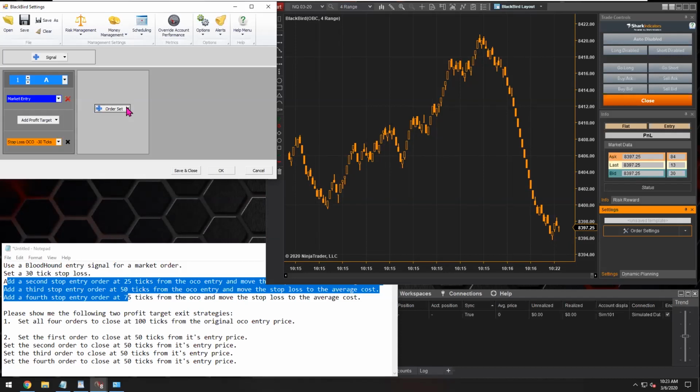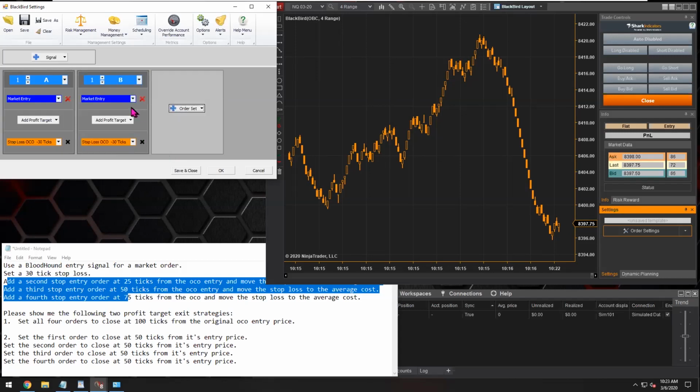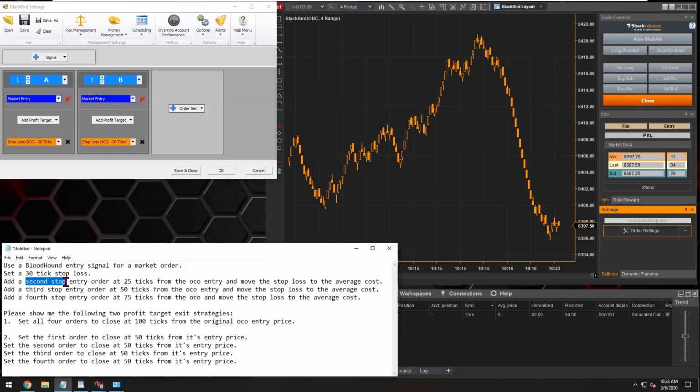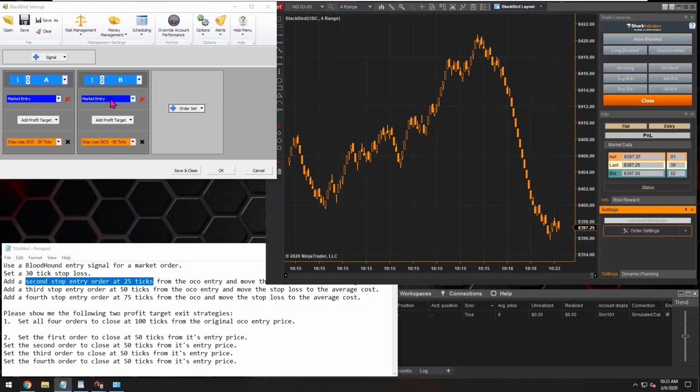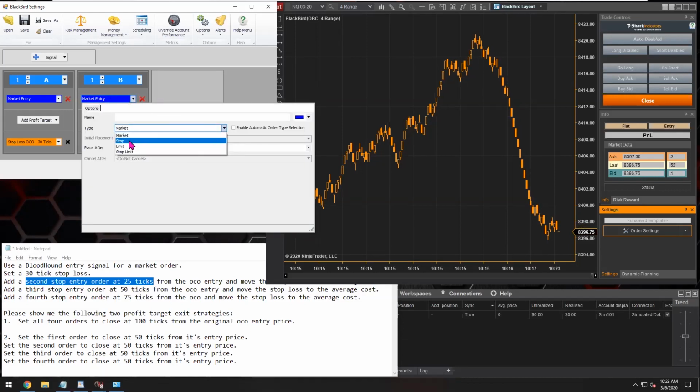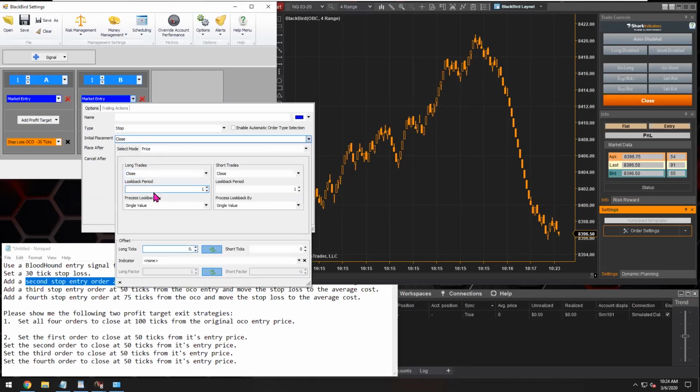So let's see. Okay, so I think we can move on to the next order here. So I'm going to make a copy of A. Yeah. And so the second, so we have here, right, the second entry is going to be a stop entry 25 ticks above. Right, so all right, so let's make this a stop entry order, and the placement is,